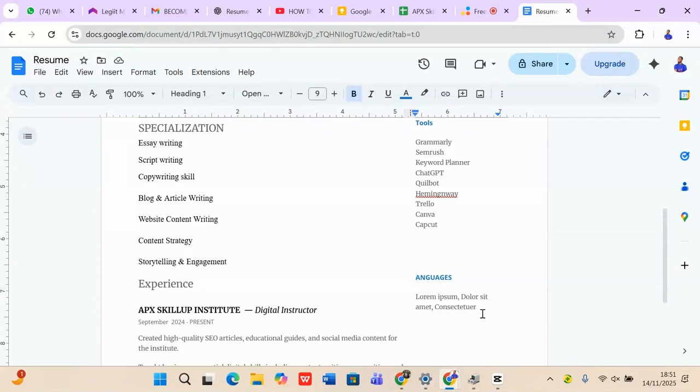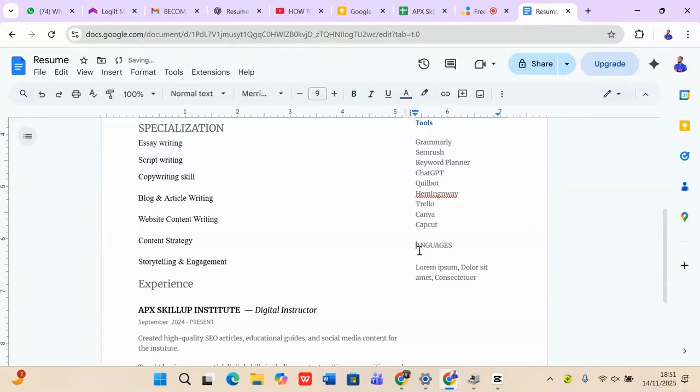It's not compulsory that you put a lot of things because they are not after a lot. They are after accurate, real and genuine information because they need somebody that can deliver what they want. So if you put 1 million things and somebody just wrote simple things and goes straight to what they want, they are going to hire that person. So make sure you limit everything that you have. It is not about showing that we know you know plenty of things. So please limit it to something that the client can easily glance through and understand that you can actually do the work for him or her.